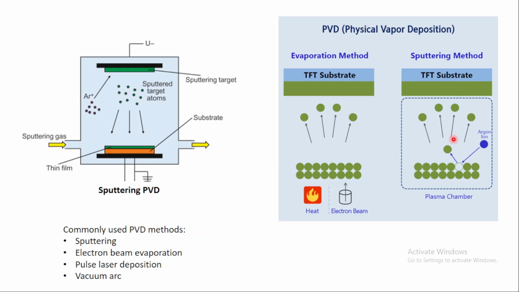Plasma is not the answer because plasma is not getting deposited on the substrate, right? It's the atoms that are getting deposited on the substrate, atoms of the target material which we want to coat the substrate with. It's not the plasma. So the plasma is a state through which these atoms vaporize and then pass on and condense over the substrate to form a thin layer, right? Now let's see what explanation